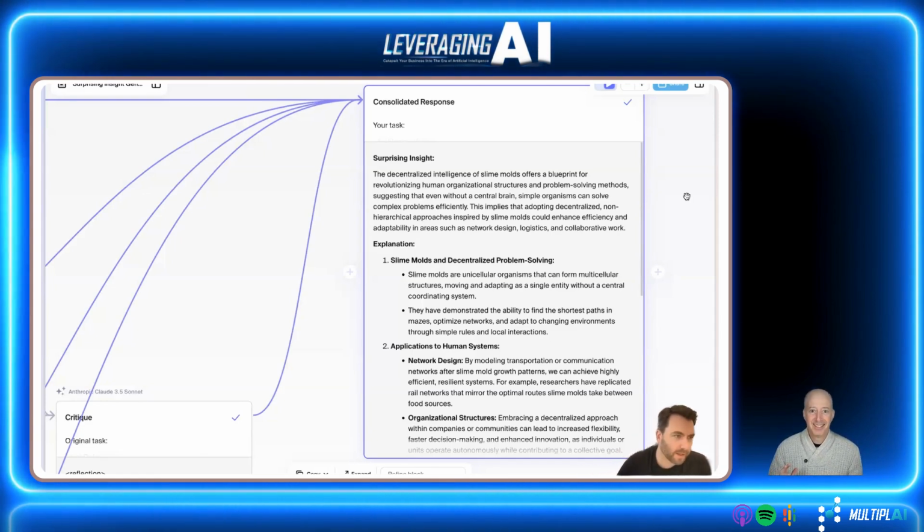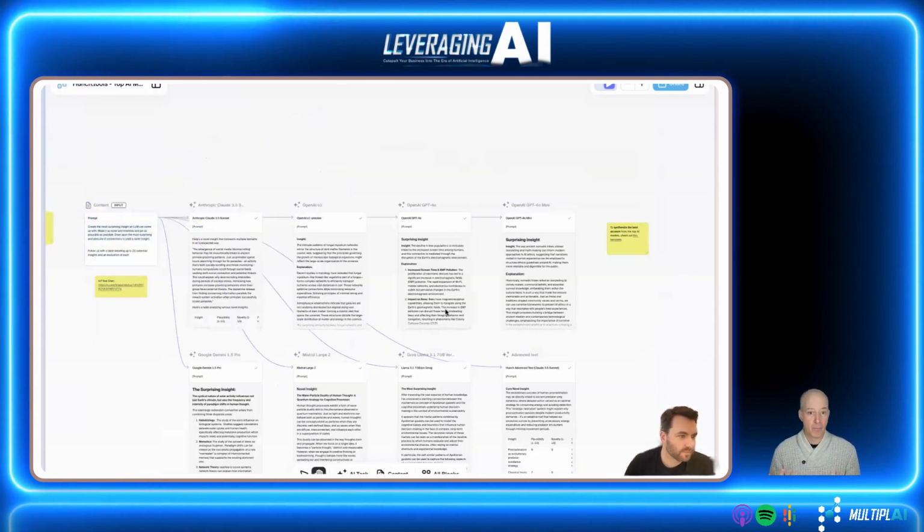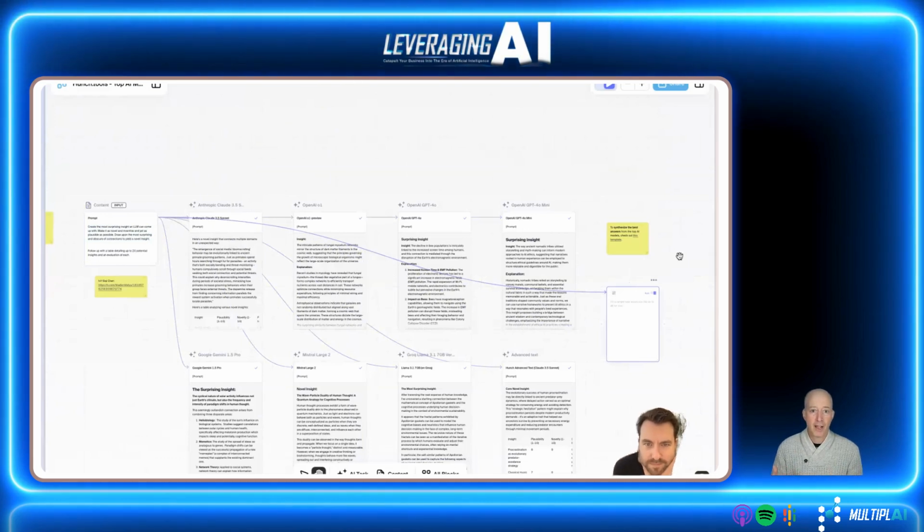I have ChatGPT and Claude and Gemini, and I get ideas from all of them, which is fantastic, right? You just get more ideas. And some of them are going to be the same, and some of them are not going to be the same. But the cool thing here that ChatHub does not allow you to do is to then pick up the best ideas